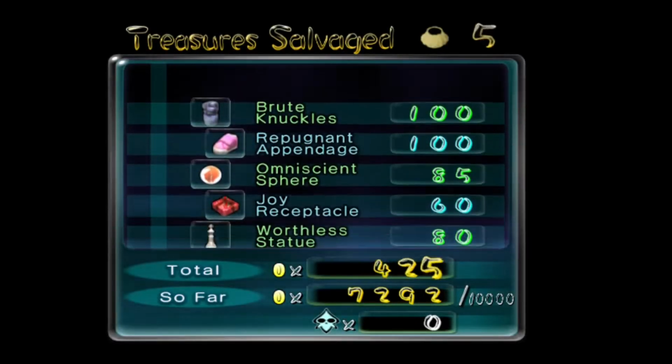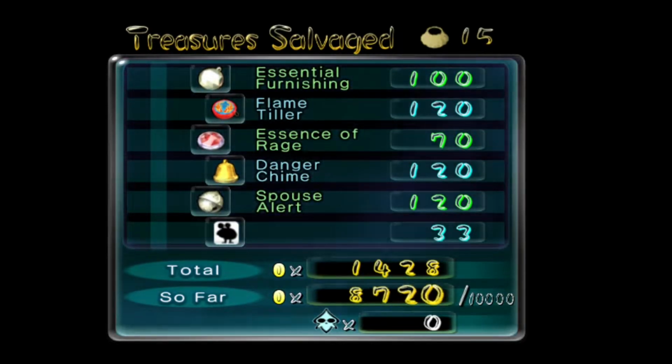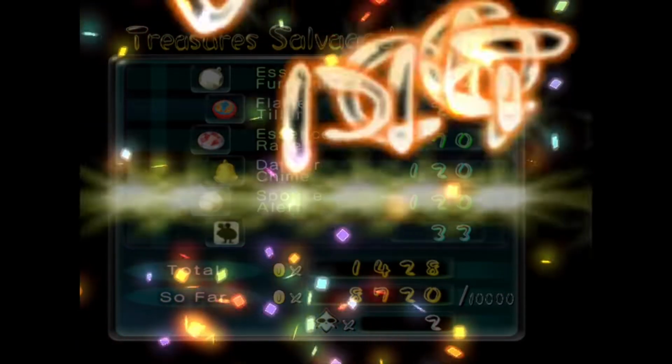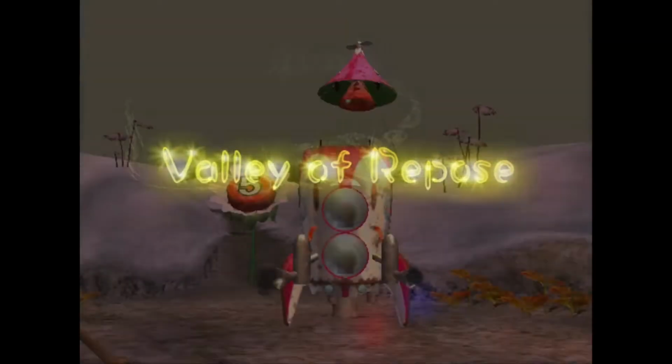Yeah, so that was a pretty good cave. We only lost, I think, 1 or 2 Pikmin overall. Yeah, 2 Pikmin. Yeah, I'm fine with that. We got a lot of treasure from there. And it went better than I thought it would. We got a lot done